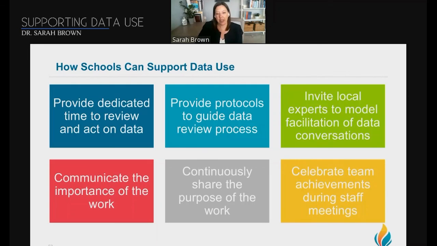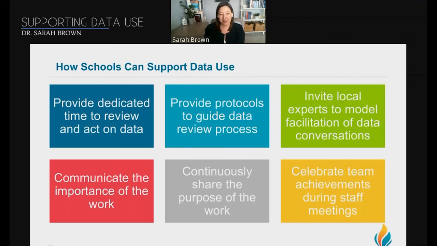Providing dedicated time to review and act on data is first and foremost and really important. Having protocols that can help teams use data efficiently and quickly in their meetings can be really helpful. And inviting others to model the facilitation of data conversations can also take a big bump in the quality of those conversations over time. And then just continuing to talk about the importance of that work,